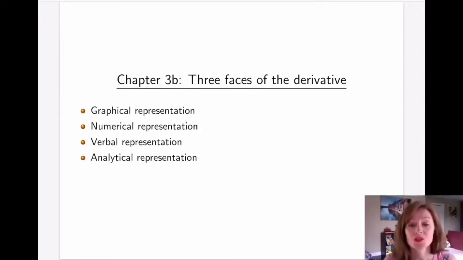In this video, we will start to discuss Chapter 3b, which is Chapter 3 in our main textbook for the course. It's called Three Faces of a Derivative. I actually claim that there's four: graphical, numerical, verbal, and analytical. So first of all, let's take a look at a motivating example of why would one even consider having to